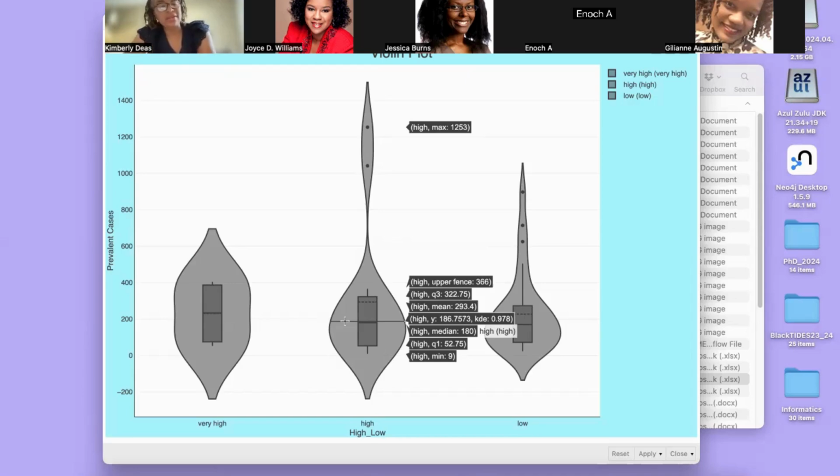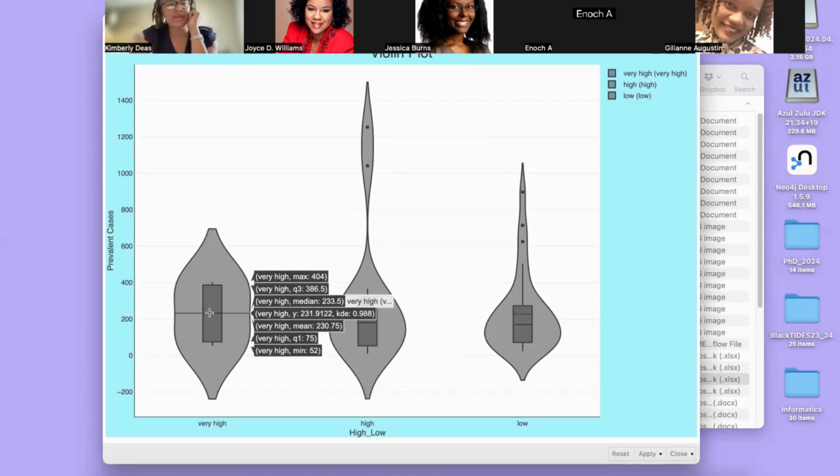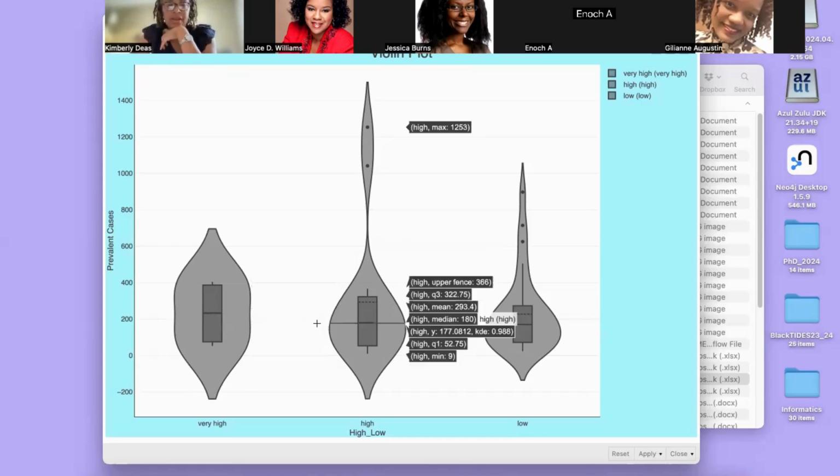But the bottom line is that what I think this data shows, it didn't prove my hypothesis, but it did show me, knowing there are other factors at play, that I need to take a deeper look at the social determinants of health. Because I bet that this very high number is talking about rape, assaults, battery, and that may be a difference between the very high and the high. I don't know. I'd have to dig a little deeper.